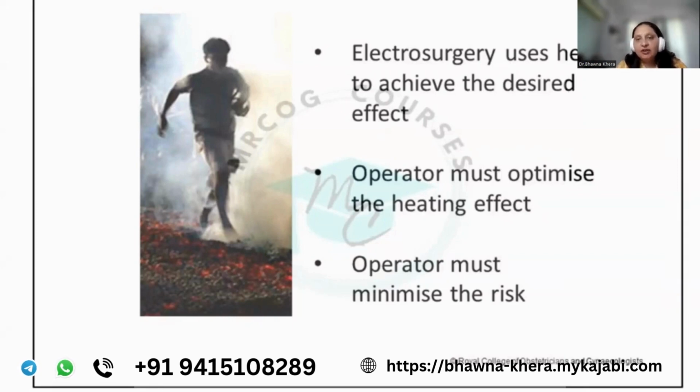So how can this work? One thing is that you want adequate heating so that your bleeding stops. But on the other side, you want to limit your heat so that the risk is minimum, right? So there are two things here. One is you want the optimum heat where you can actually block the vessel. And on the other side, you want to minimize the risk. So heat should be contained in that particular area and it should be of the appropriate level. That is the very important thing.